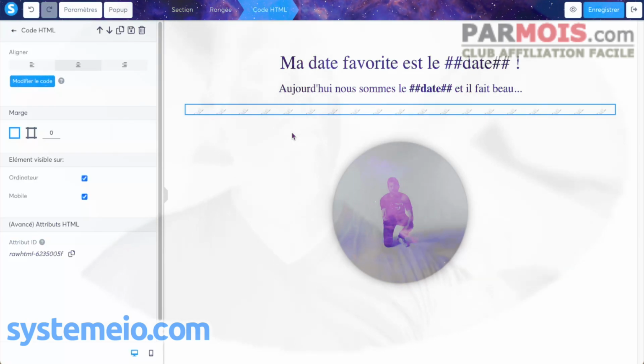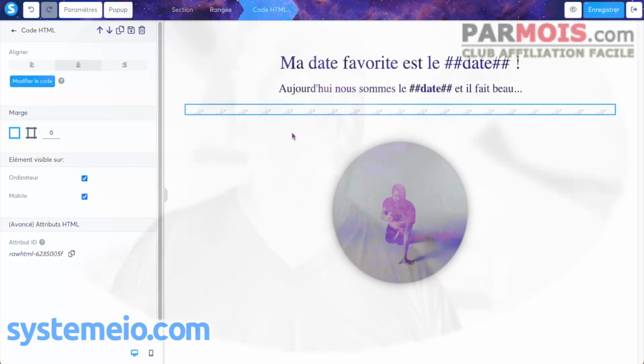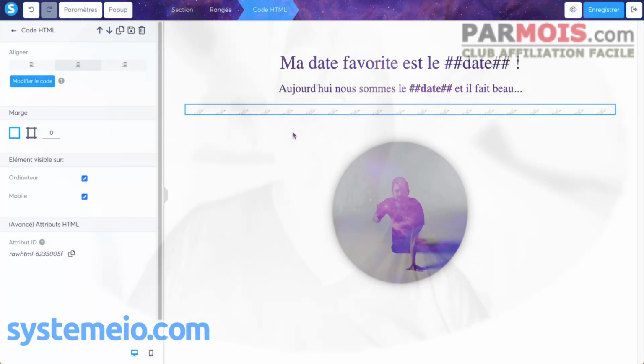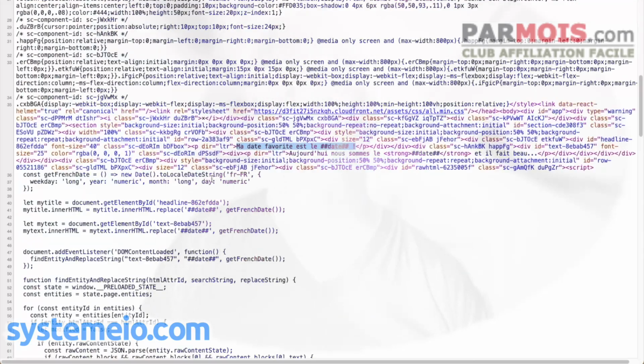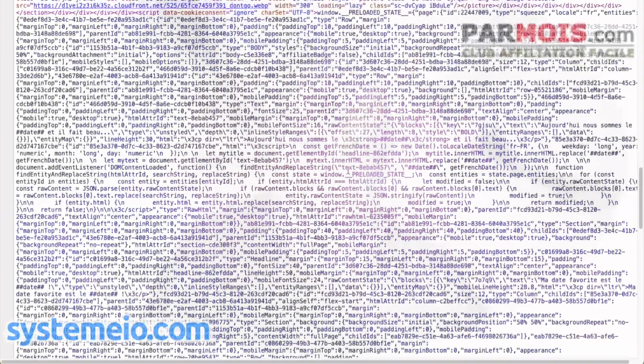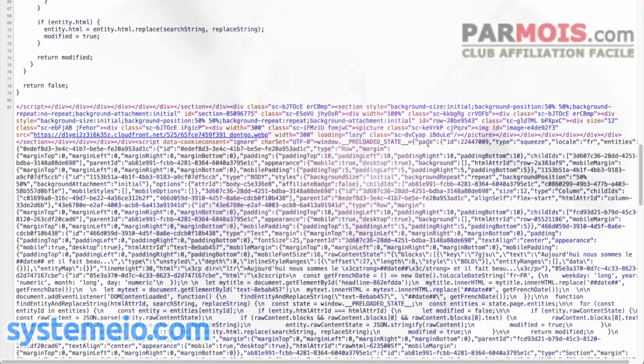This variable contains all the page information, including the text to be displayed. By modifying these two elements before the JavaScript engine is launched, we ensure that the page directly displays the modified version with the current date. This works not only for text, but also for other elements such as images or buttons. If you have any further